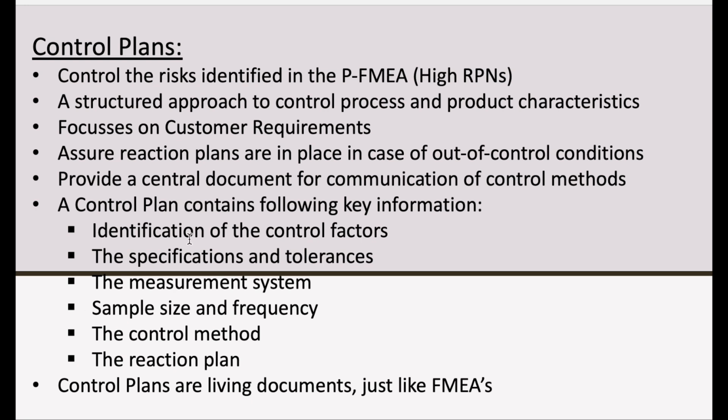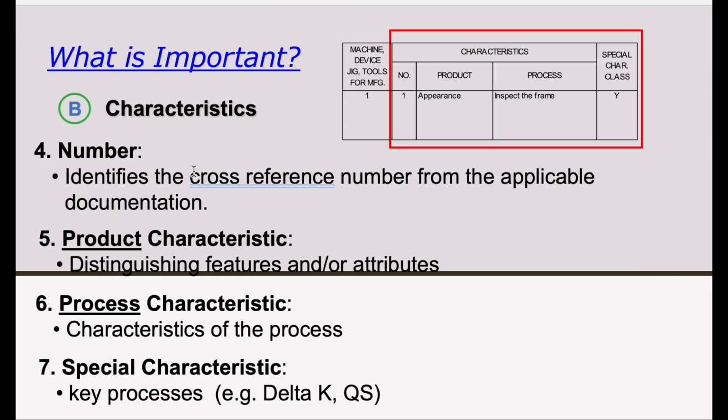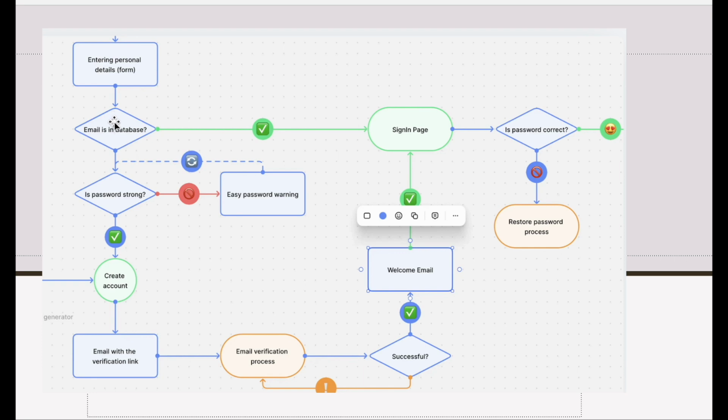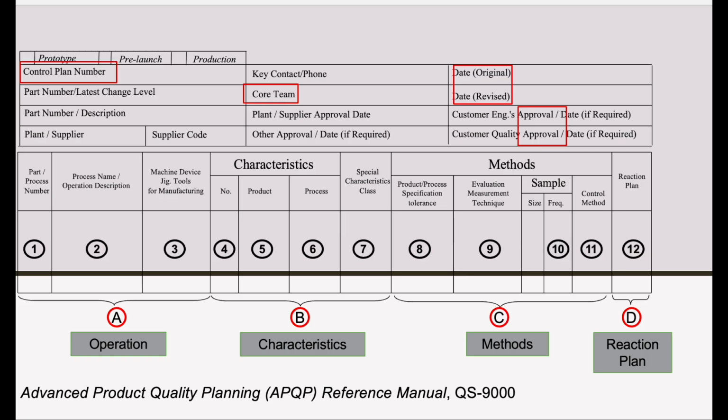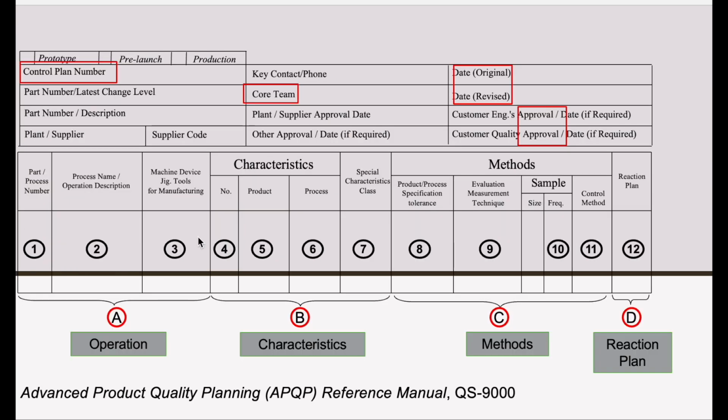The control plan just talks about key information. Let me skip a couple of steps right here. Here we go. We have the beginning of the control plan, the process number. So you go back here where you can label each of these as processes, and then go back to this, and here's your process number, process name, and you don't necessarily have to put machine or device. You could describe what is doing the process. So here's the start of an actual control plan.